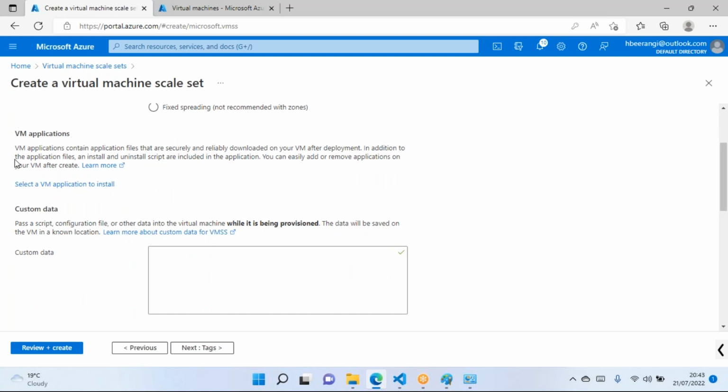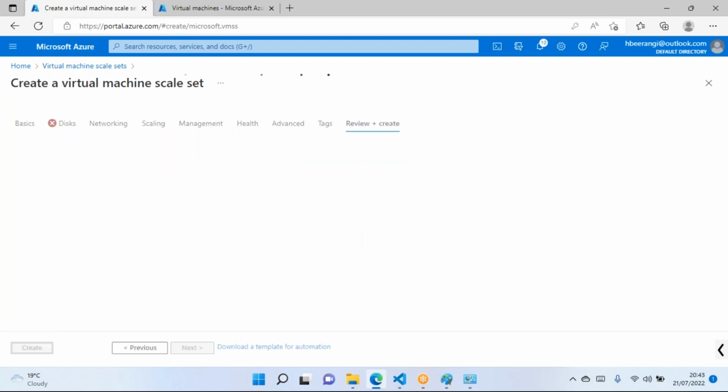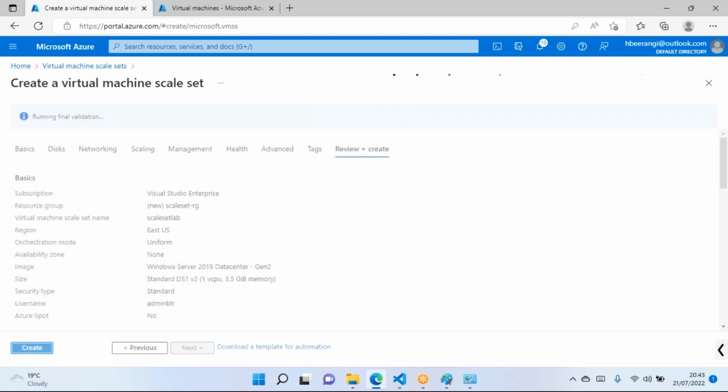and extensions and applications. We don't have any applications which we can install as part of this lab. Now review and create. So in basics, we have given the resource group name, the scale set name, we have chosen the server capacity, username, password.